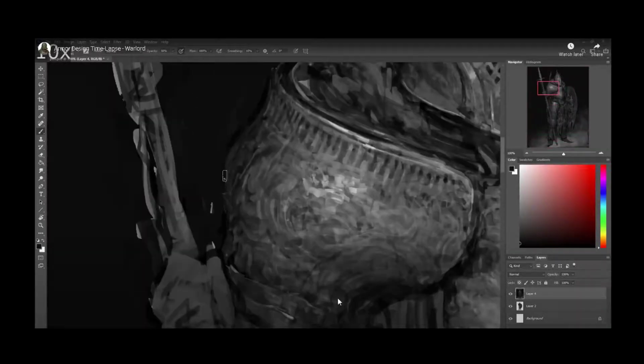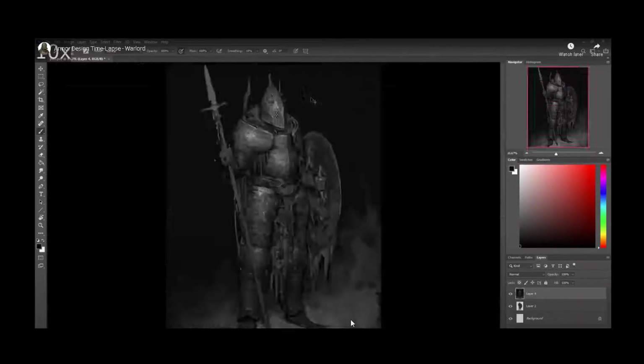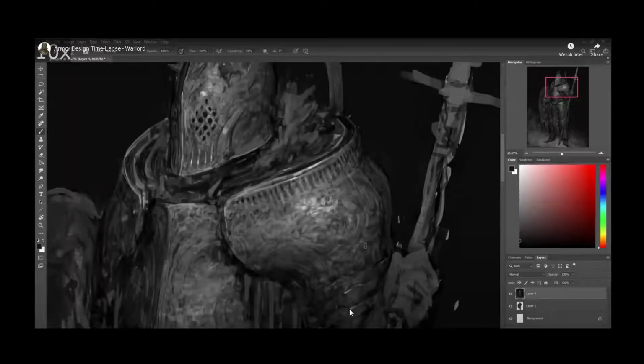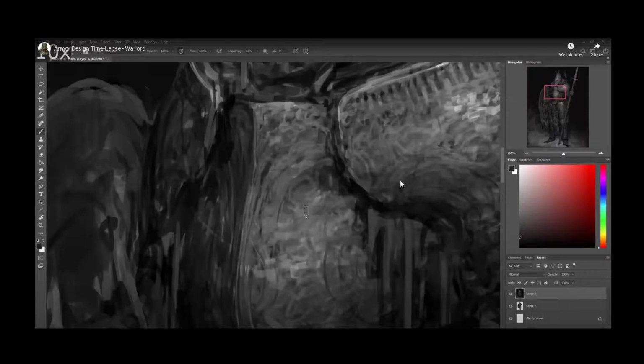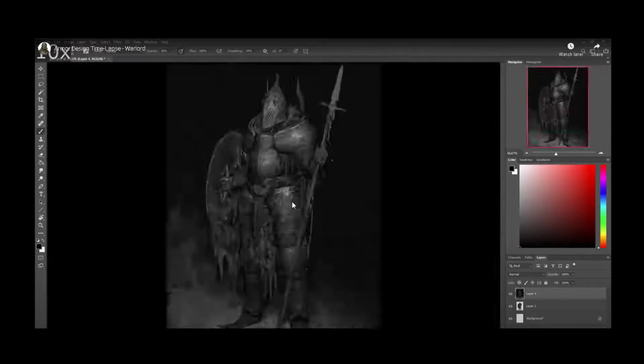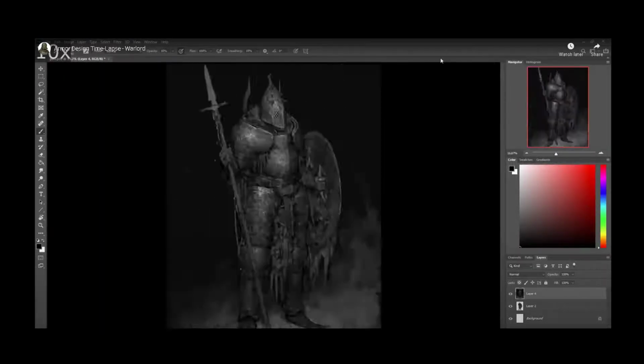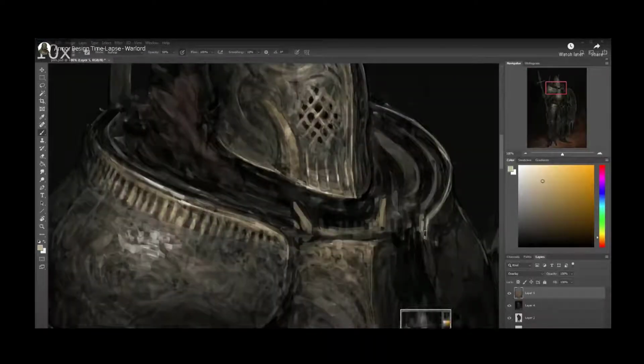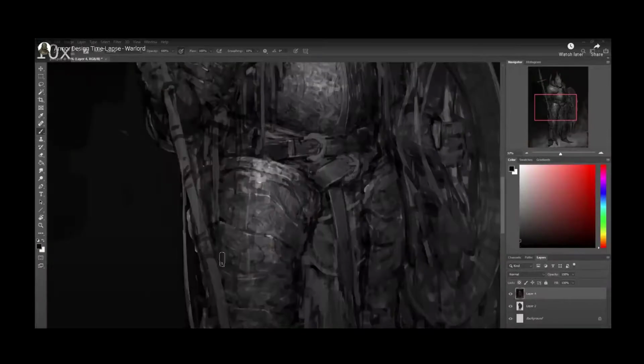So eventually, Ariel Perez does blend things in the end, bit by bit, adding some highlights here and there. But again, look at the way he was able to handle the reflectiveness of the armor, right? Very, very realistic. So at some point, he does add color. I'm not sure how he does it, but